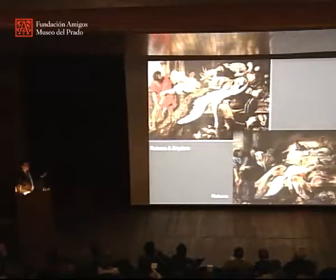He sketched not only the figures, but he also sketched the food and the still life as well, plotting exactly how it would go. And it's only when the final painting is made that Snijders steps in and follows Rubens's model and varies it in a way that you can see here. And I think the comparison is very interesting because,